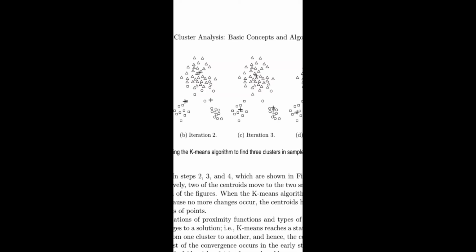To assign a point to the closest centroid, we need a proximity measure that quantifies the notion of closest for the specific data under consideration. Euclidean L2 distance is often used for data points in Euclidean space, while cosine similarity is more appropriate for documents. For example, Manhattan L1 distance can be used for Euclidean data, while the Jaccard measure is often employed for documents.